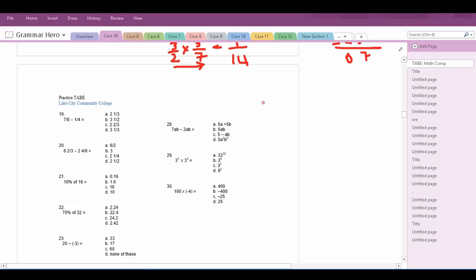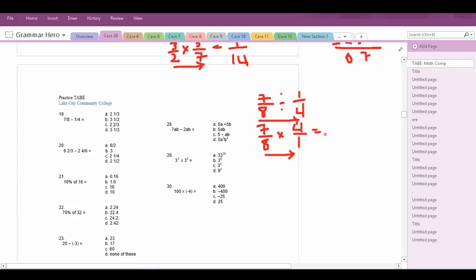19, we've got 7 over 8 divided by 1/4. Now, if you can multiply fractions, you can definitely divide fractions, and let me show you how. 7 over 8 divided by 1/4 can be rewritten as 7 over 8 times 4 over 1. We just did this example, or a similar example. We just multiply straight across,